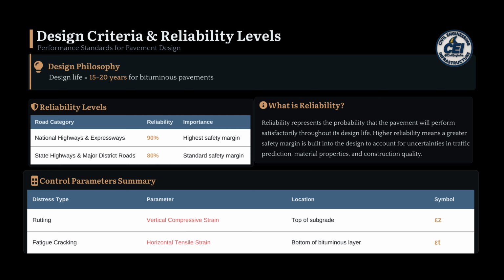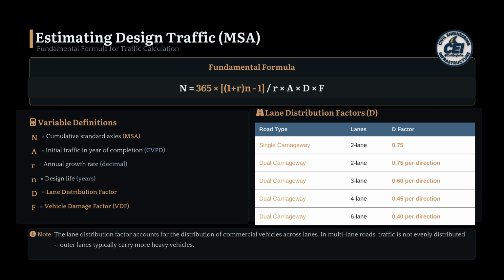The design life of bituminous pavements is typically 15 to 20 years, and it depends on the cumulative standard axles, MSA, meaning the total number of standard truck load repetitions expected over the design period. Now comes the most important calculation: how to determine design traffic. The formula is N = 365 × [(1 + r)^n − 1] / r × A × D × F,